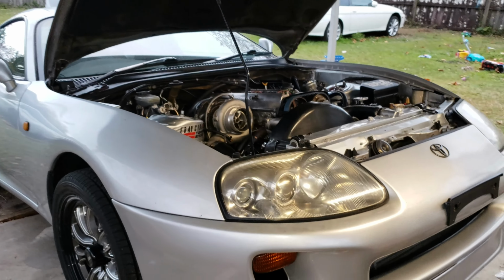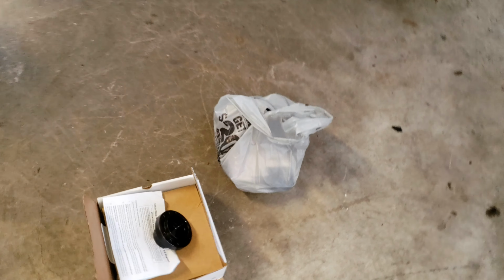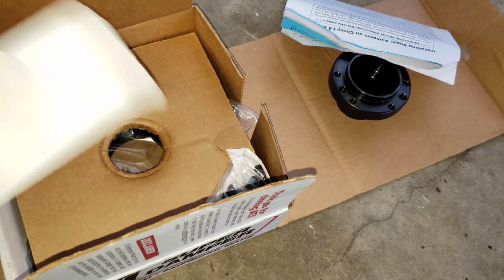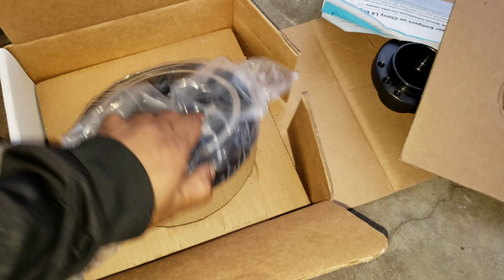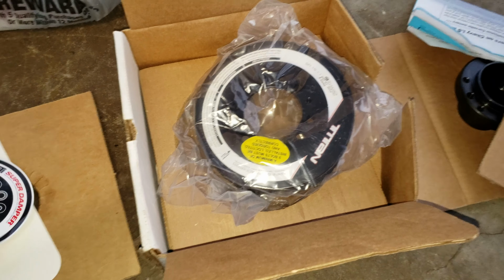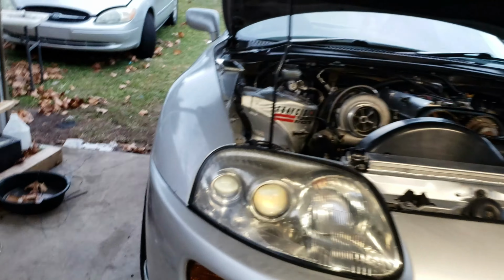Today we're gonna be installing an ATI super damper on the Supra because I'm having some vibrations at high RPM. This was thanks to EMT. So we're gonna be installing this, but before we do that, I want to do a little test